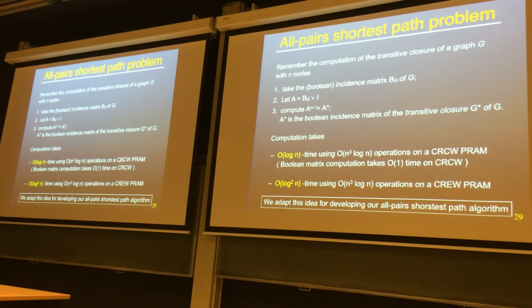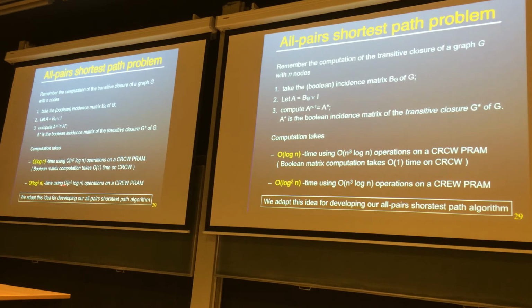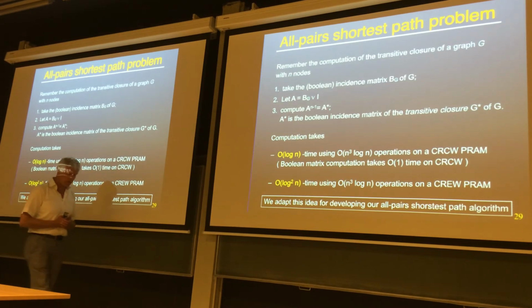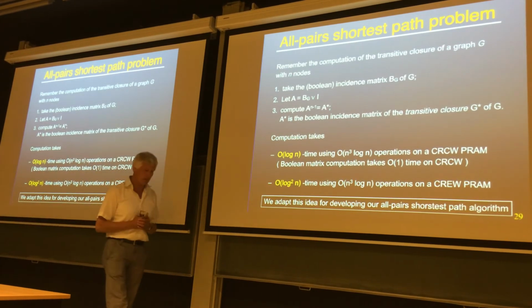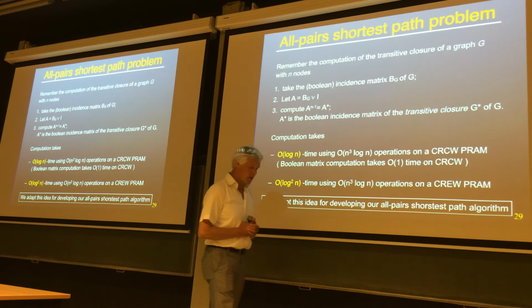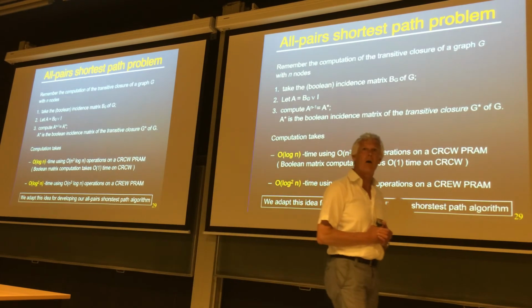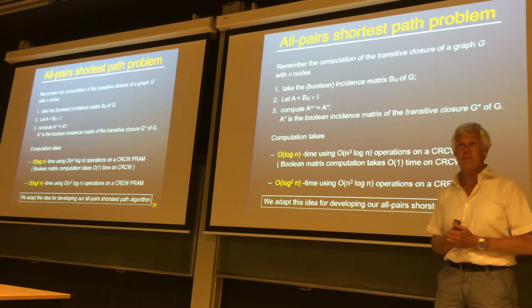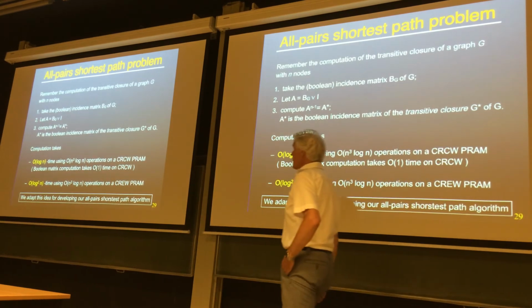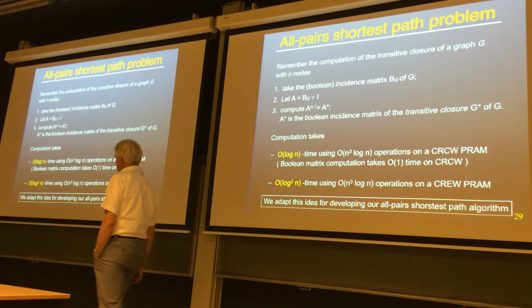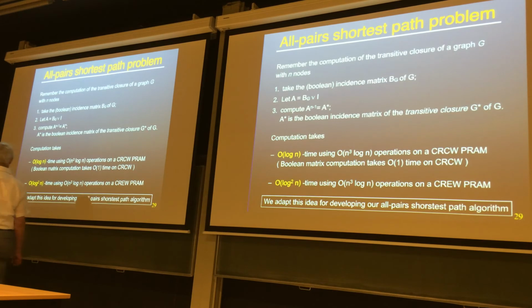So log n for a CRCW and log square n for a CREW. Why log n for a CRCW? Well, if you have Boolean matrices, then matrix computations, we discovered, so multiplication of matrices could be done in O(1) time, of course, by taking advantage of the Boolean operations. Okay,